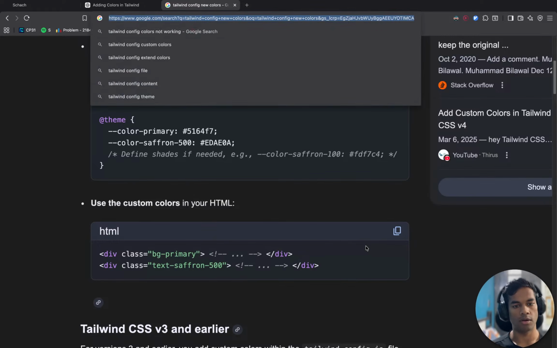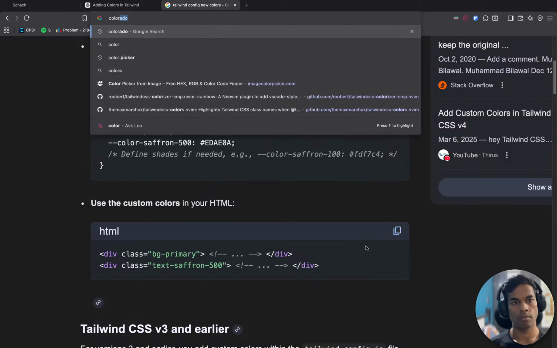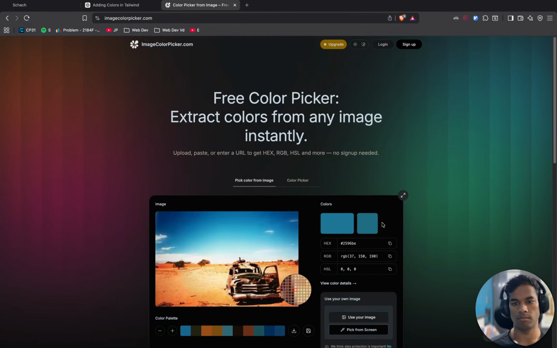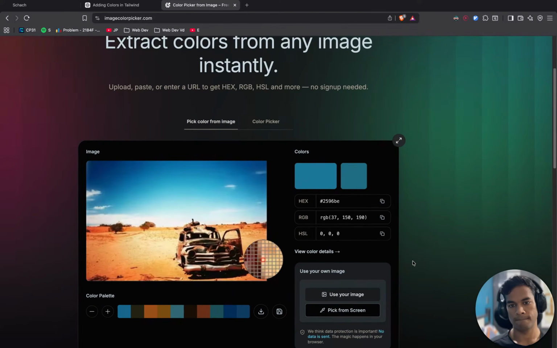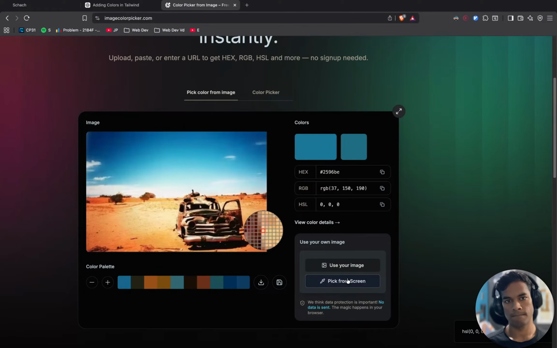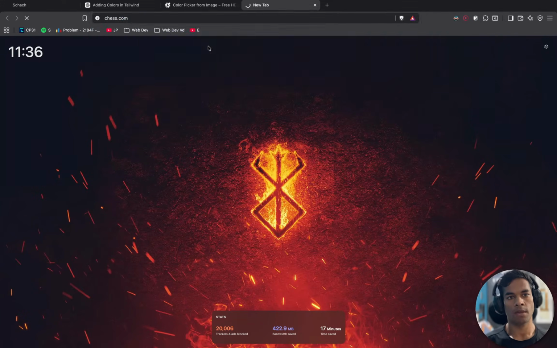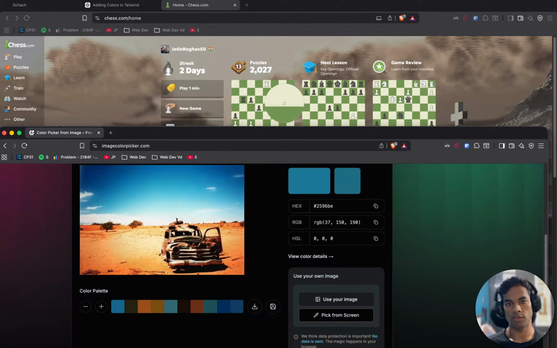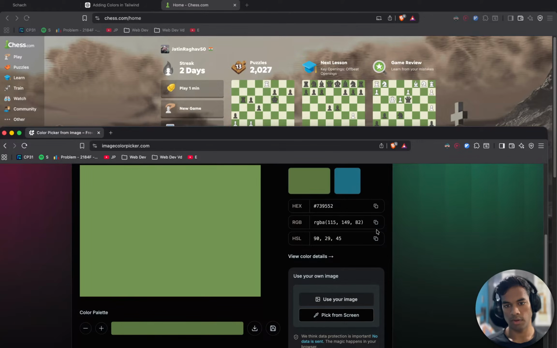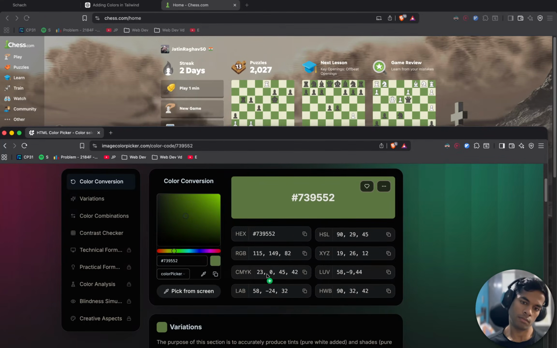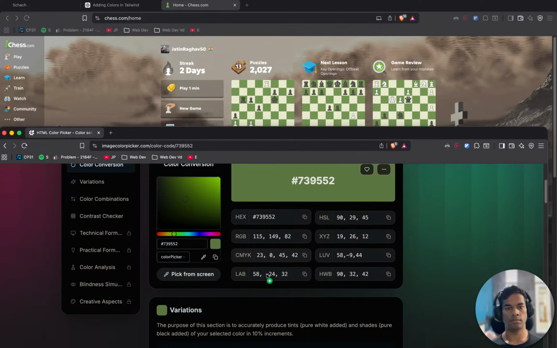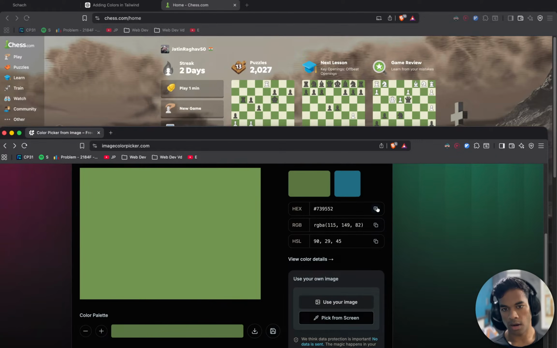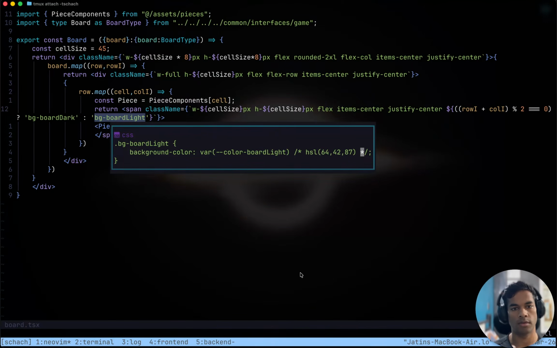So I guess there is a problem with the format of the color. Pick from the screen this color. If we use hex value for this color,